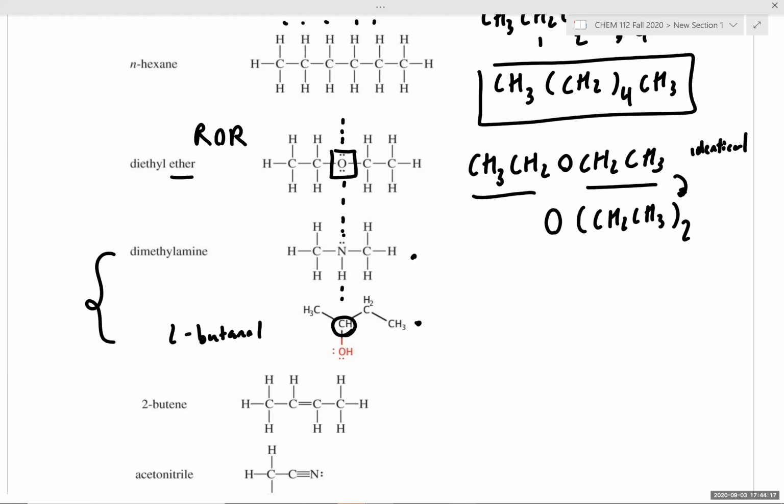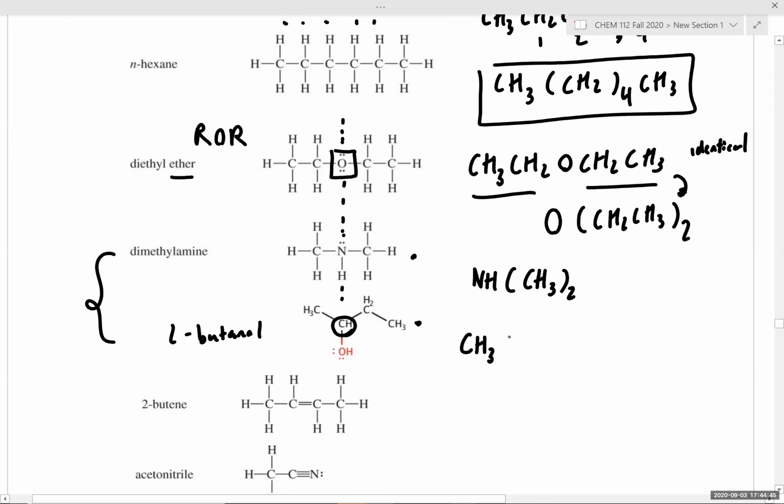And it's good that we have a pool of responses in the chat. So let's discuss. The majority, almost all the responses I saw for dimethylamine were perfectly correct. So we have NH, and then attached to our amine are two CH3 groups. Yep, that looks perfect. So for 2-butanol,